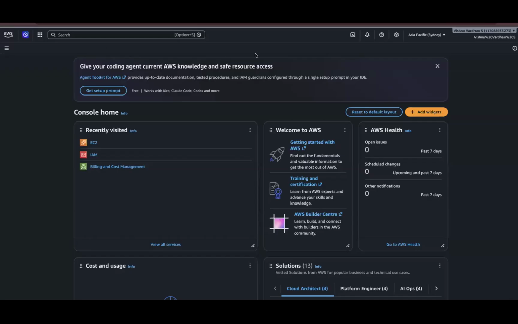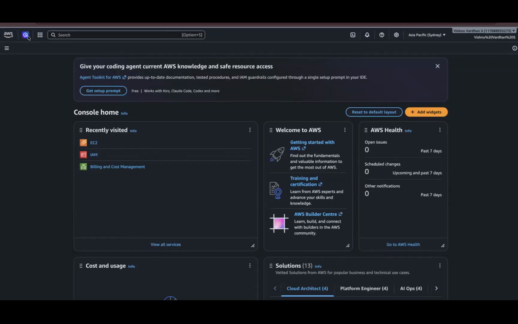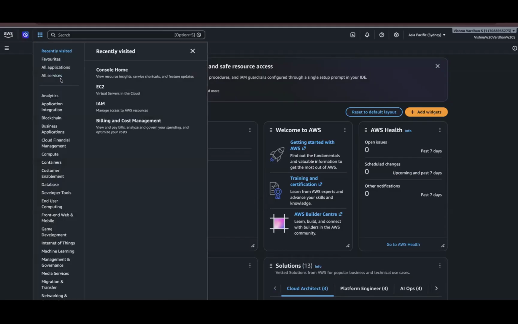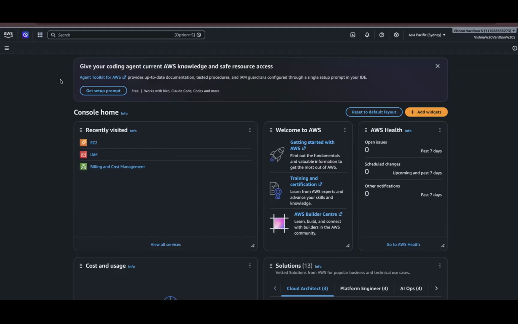Here you can see. So before I start with anything, I want to give you the introduction about this particular page itself. Here you can see the AWS logo, nothing but the home button. Here if you click, you can see all services available in AWS. Here's the search button. You can search for a service here.